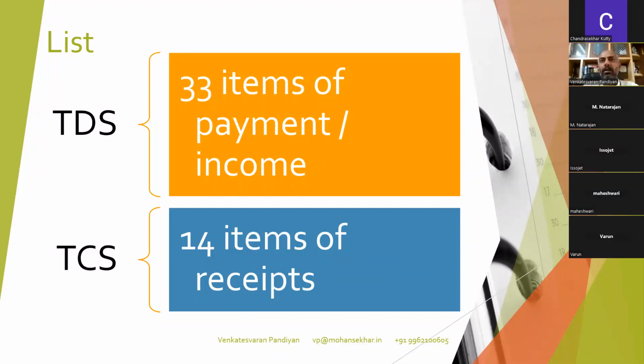The provisions that we will be discussing are those very commonly applicable to the majority of us. For instance, most of us will pay salaries. Most of our businessmen, or rather all businessmen, will pay salaries because they employ people. Most of us will pay rent. Most taxpayers will pay interest. Most of them will hire consultants.